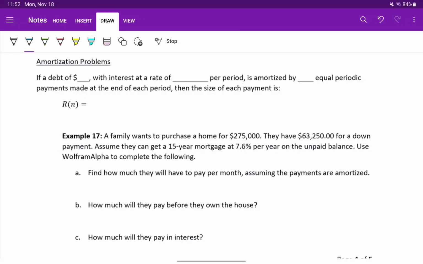In example 17, we want to look at an amortization problem, which is the idea of paying off a debt in equal installments, usually monthly. So if a debt of $A with an interest rate of I equal to R over K per period, where R is the interest rate on the loan and K is the number of compounding periods per year,